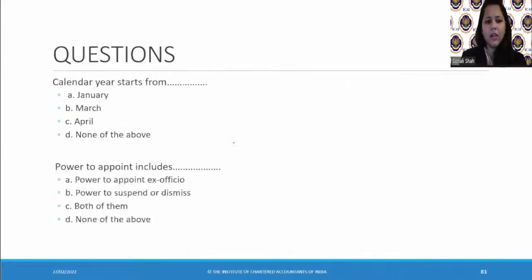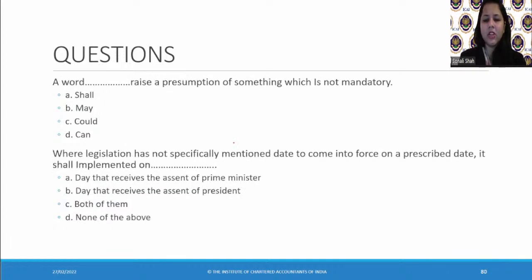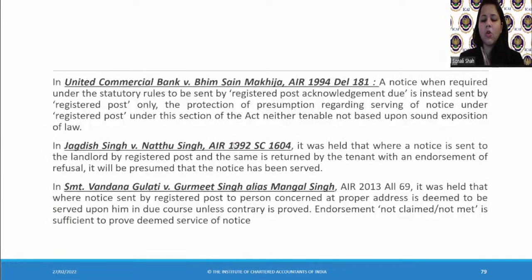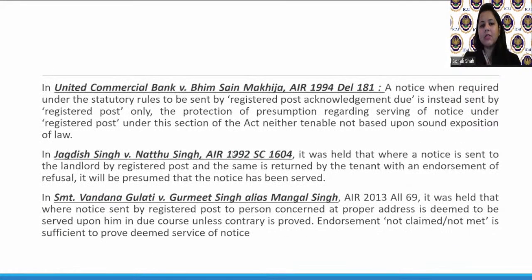So there are some questions that I have provided here. You can practice this on your own. There's nothing major that needs to be discussed. So with this, I think we have finished Paper 2, Corporate and Other Laws. The Companies Act was finished long back, and I think only the GC Act and contract of agency were left behind. That is also completed. So I think this is my last class